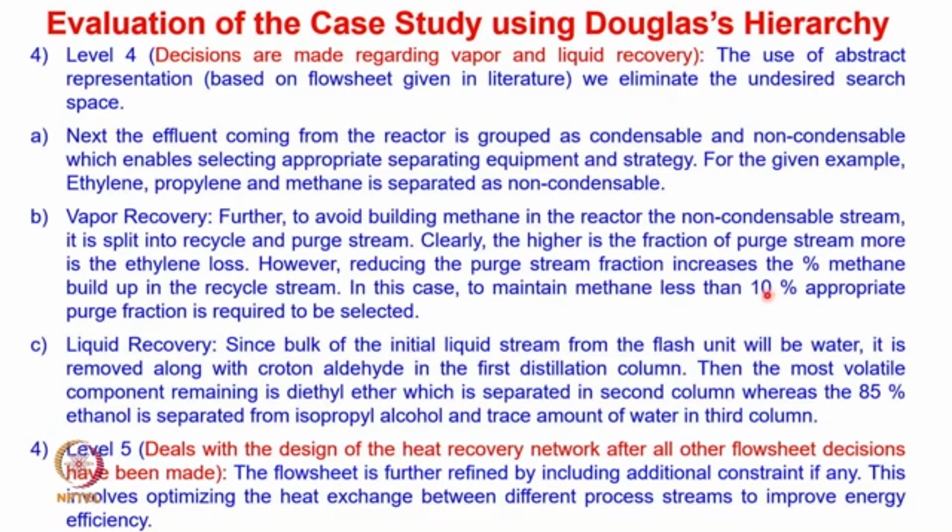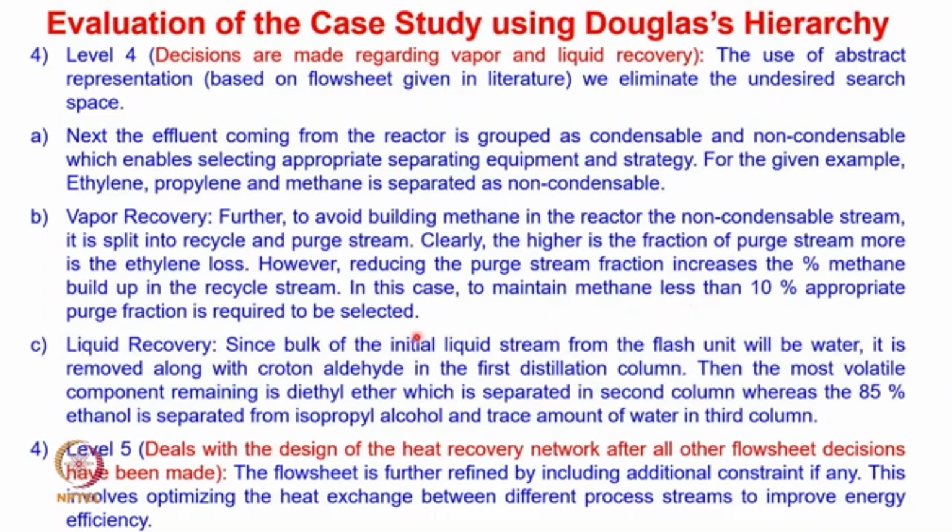So clearly we have to select the purge fraction in such a way that the amount of methane build up in the reactor should be less than 10%. So based on that, this purge fraction has to be selected. Again, similar to this for the propylene also, some amount of propylene will be purged and the remaining will